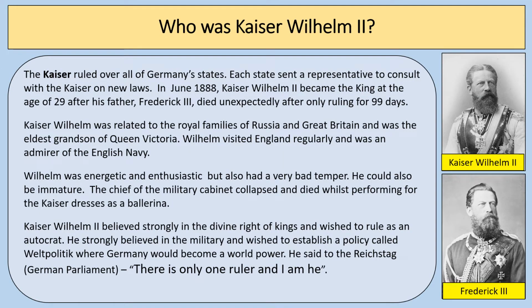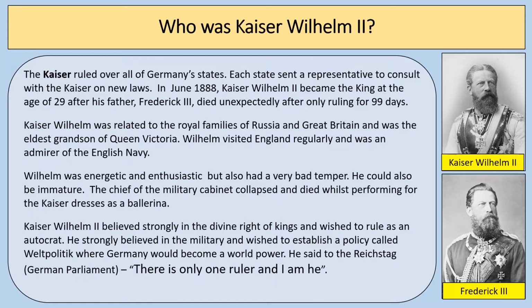Okay, so the central figure in this part of the course is, of course, Kaiser Wilhelm II. Now, at this time, Germany was ruled over by a Kaiser who ruled over all of Germany's states, and each of the states, such as Prussia or Bavaria, for example, sent a representative to consult with the Kaiser on any new laws. Now, Kaiser Wilhelm II became the German Kaiser at the age of 29, so relatively young, in